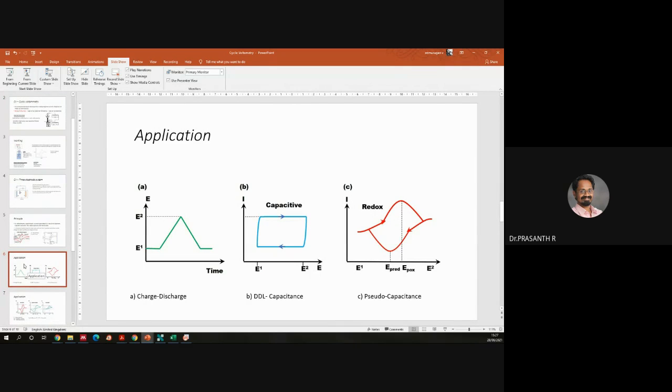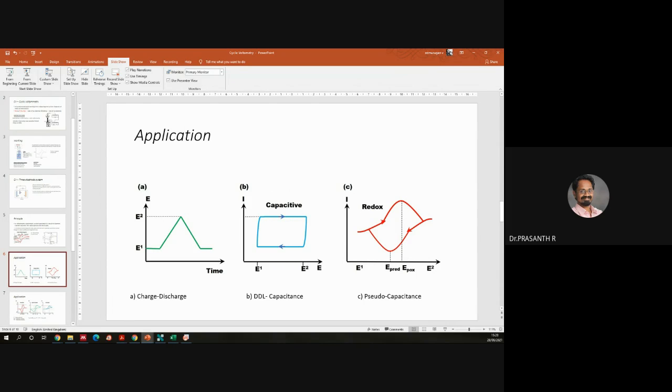But capacitance means there is no oxidation-reduction reaction. A capacitor is a physical system storing energy in the electric field, so no reduction and oxidation reaction happens in that. You won't see any peaks, only a